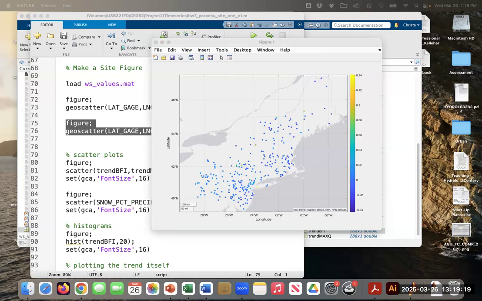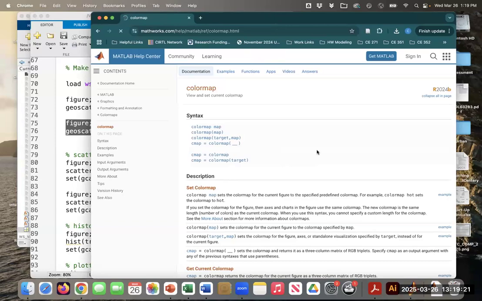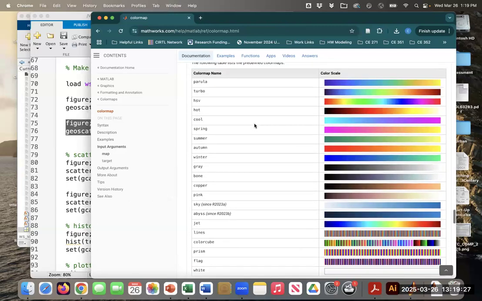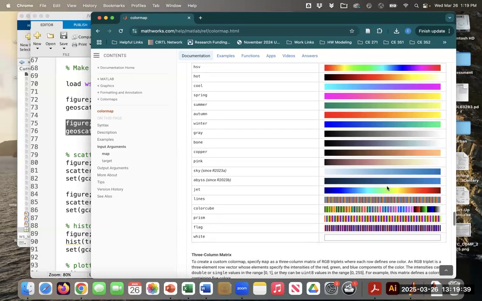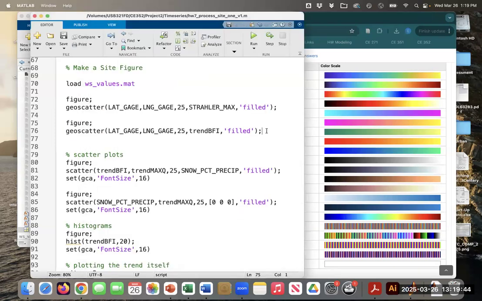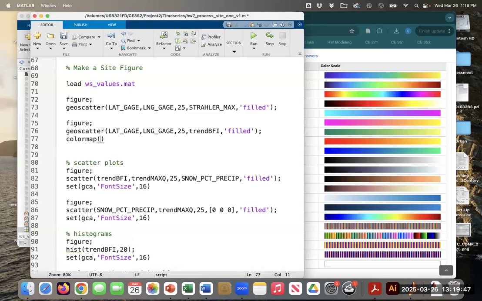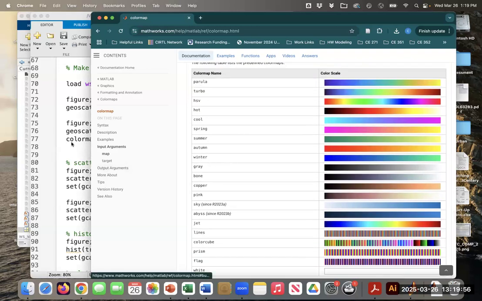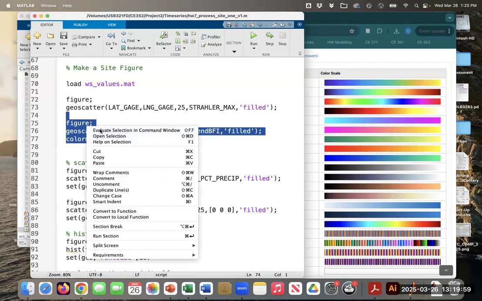MATLAB actually has a bunch of different color maps that you can use. I'm going to scroll down to show you what all of those are. Here they are. Spring is sort of interesting because it is a little bit diverging. So is cool. Maybe you want to try something else. It's up to you. I am going to try autumn. To change the color map, all I say is colormap autumn, the name of the color map. And I will link this page so that you can grab these. And if I highlight this again,